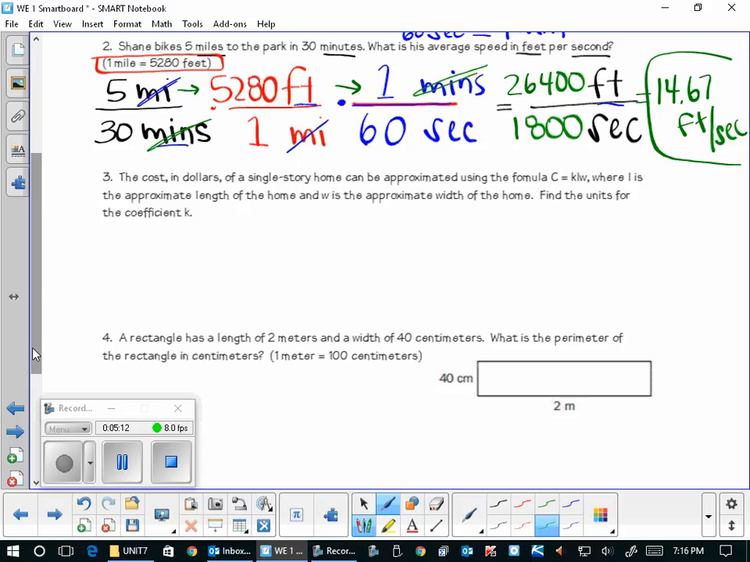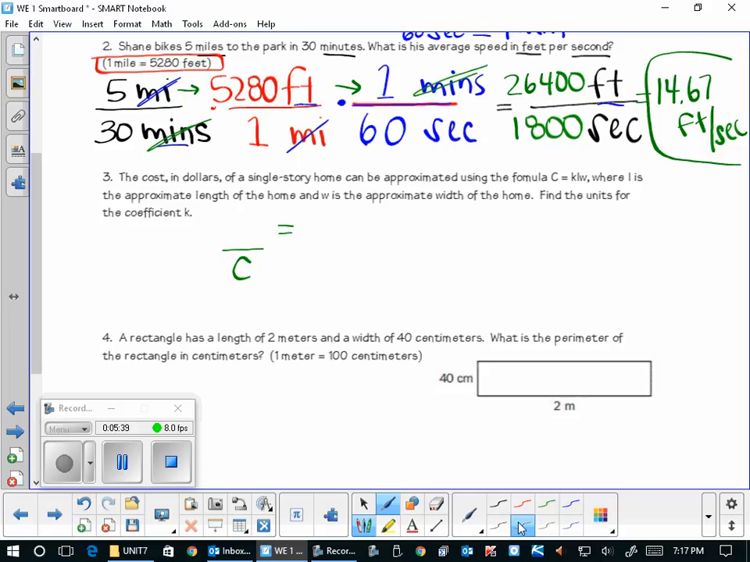All right, the cost in dollars of a single-story home can be approximated using the formula C equals KLW, where L is the approximate length of the home and W is the approximate width of the home. Find the units for the coefficient K. So we know C. What I want to do is set this up. I know this is C